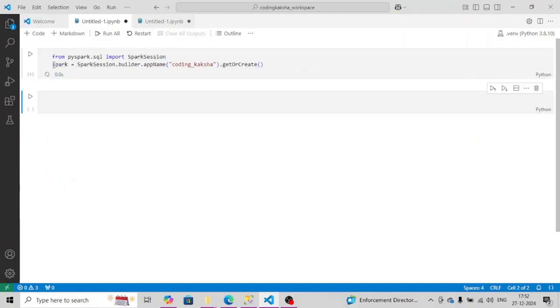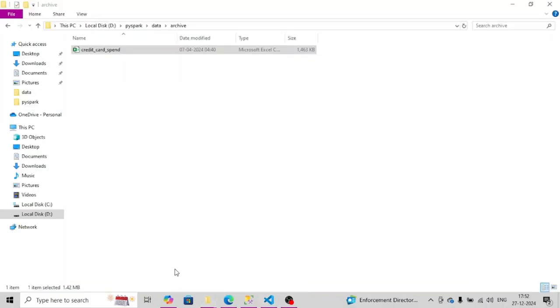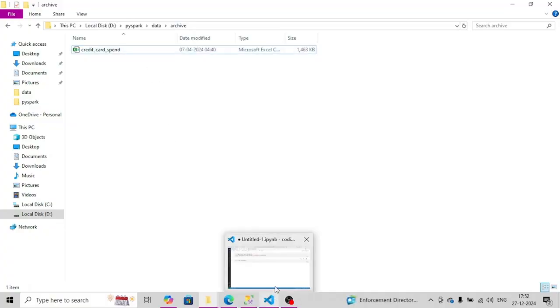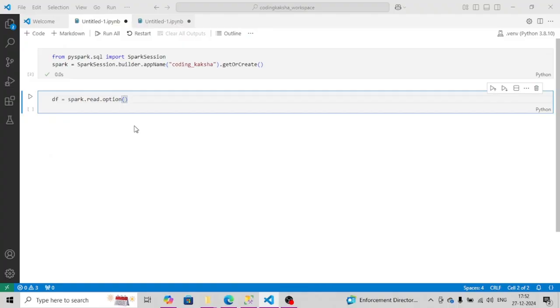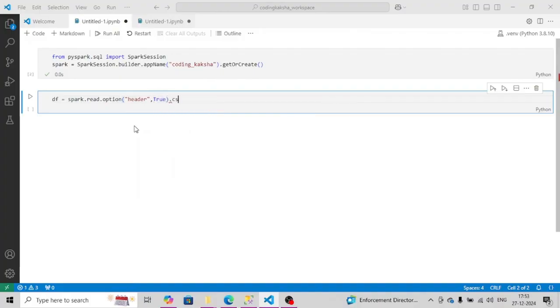So this got passed. Now we have to read the data frame. So df is equal to spark dot read dot option. We are reading the Excel file. I have a file containing credit card spend data, and this is my storage location. So I'll use this. Now we will give the header. We used to have a header, so we'll give header is equal to true, and then dot csv,